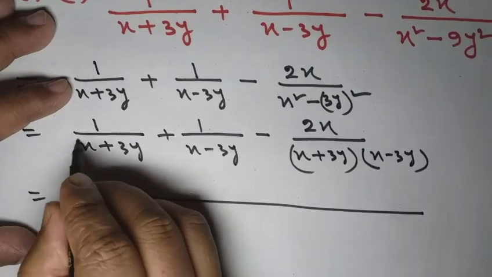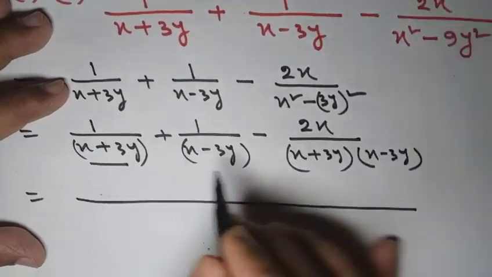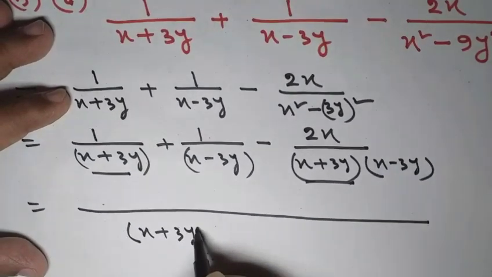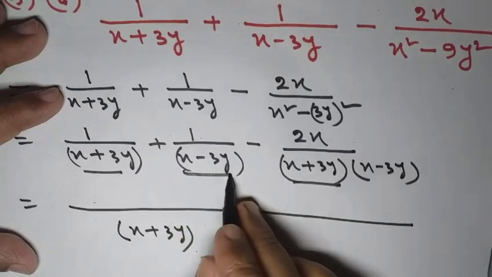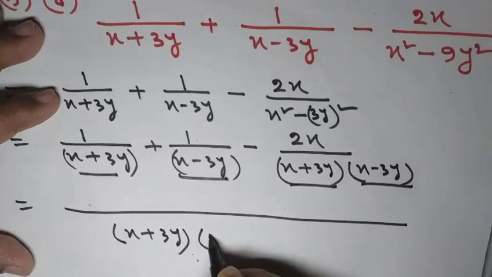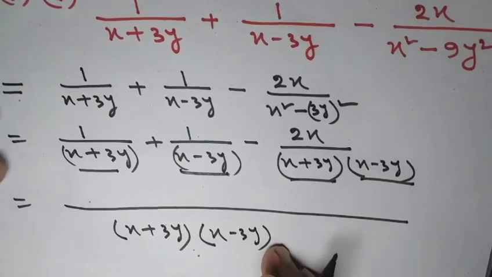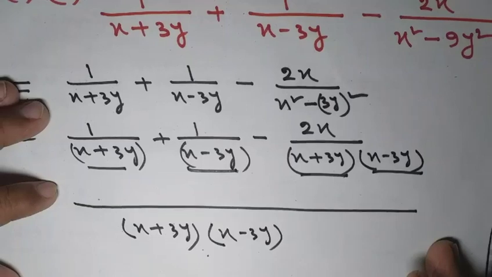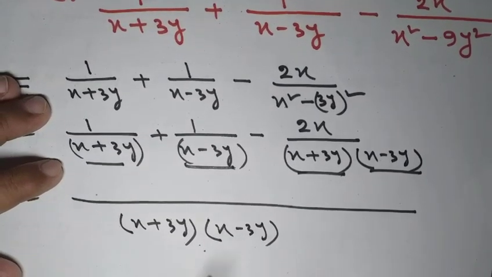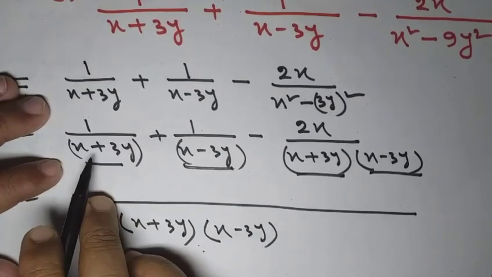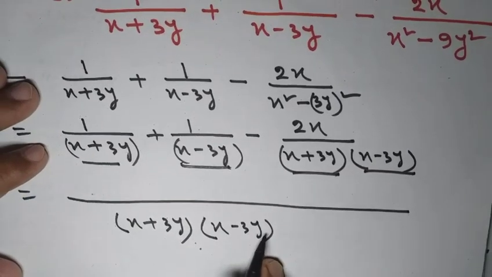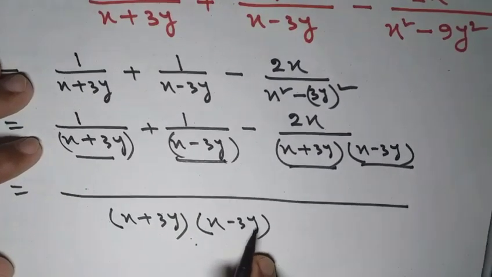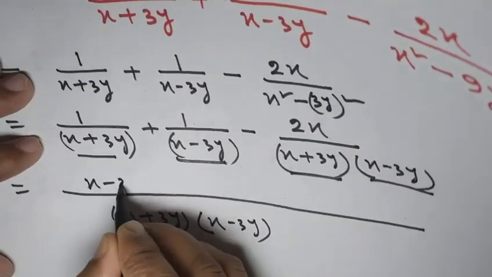So student, we can see here x plus 3y is 2 times here, so we will write 1 time, and another one x minus 3y also 2 times here, so we will write here x minus 3y. Okay, so according to the rules of simplification, first we will divide this product by the denominator. x plus 3y and x minus 3y, if divided by x plus 3y we will get x minus 3y, so we will write here x minus 3y